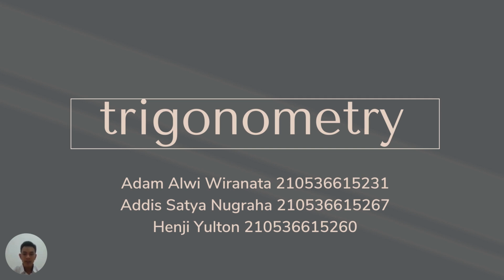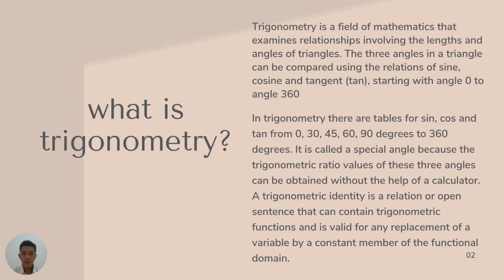In here I'm gonna explain about what is trigonometry. Trigonometry is a field of mathematics that examines relationships involving the length and angles of triangles. The triangles can be compared using the relations of sin, cosine, and tangent, starting with angle 0 to